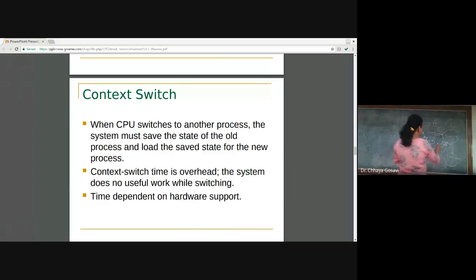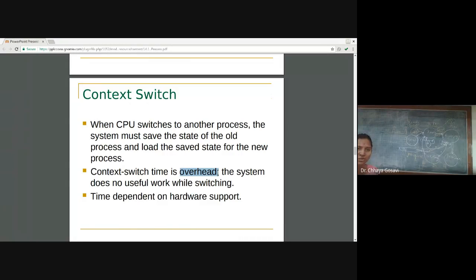It is the time involved in this process. When we move a process from ready to run, and run to ready or run to waiting, the process has to save its state and come back to the ready queue, or reload its state and start executing. The time elapsed in loading or saving the state is called context switch time, and it is an overhead.